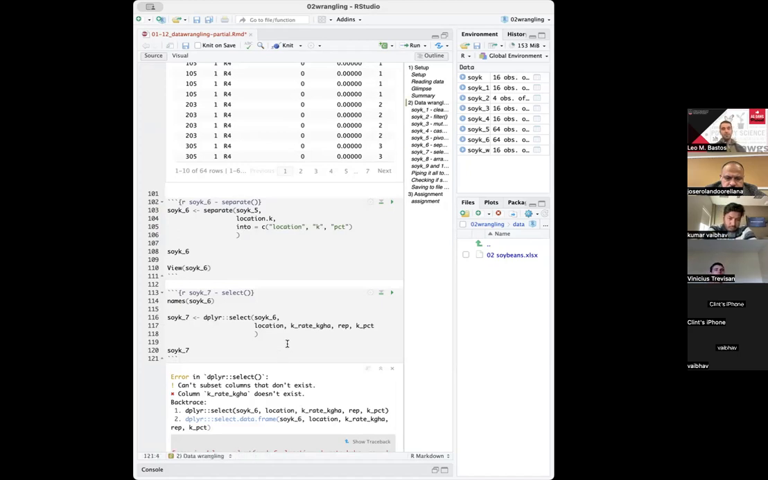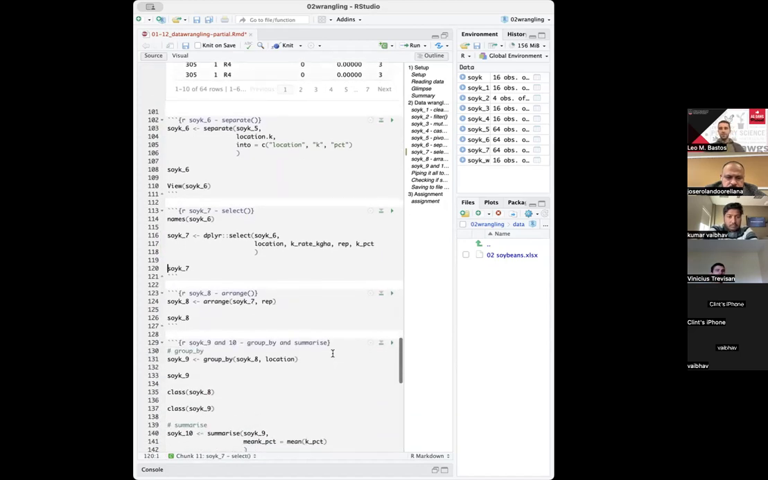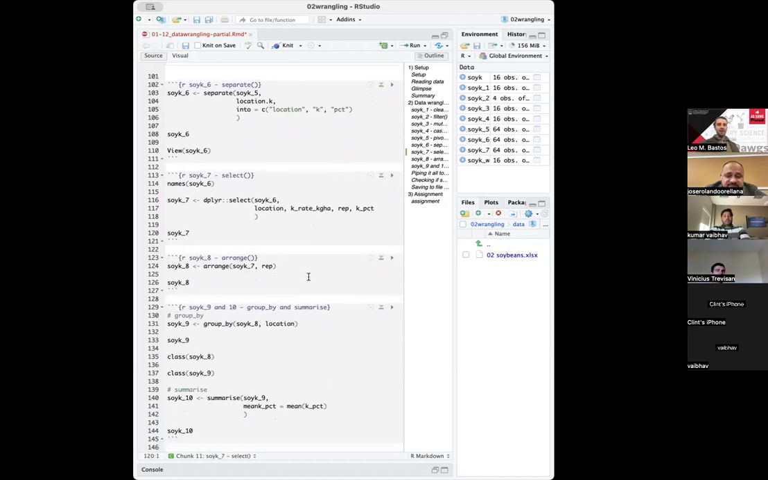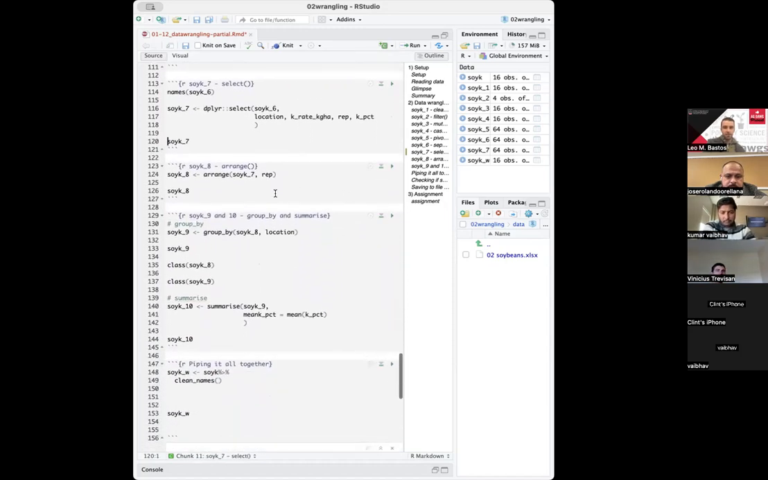Now that's going to work because the K rate that you're calling is now in your data set. So you see how something that happened all the way up perpetuated through the code, and it's having an effect. Now everything else should work if you just keep running until where we are. But make sure you do run until where we are. Oh, I'm going to run this. And then soy K8